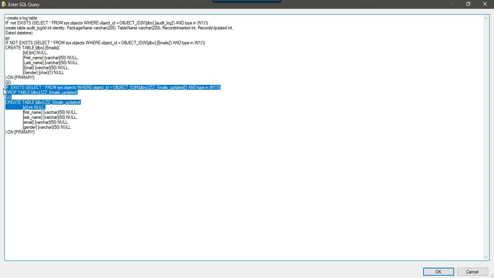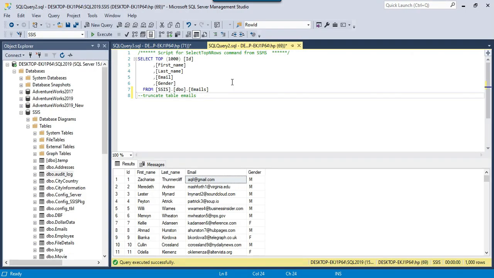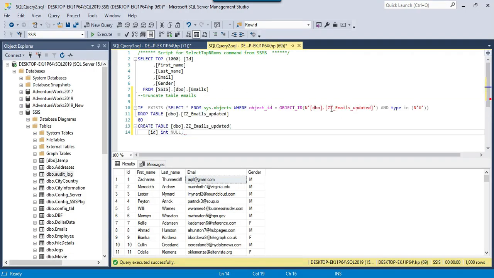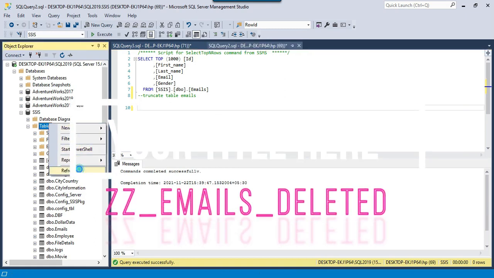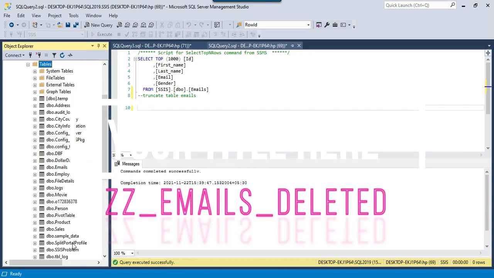So I can create a table on the SQL Server side, and I can call it ZZ emails deleted, and I can copy this one, and that's it. Let me run this code. So the ZZ emails deleted table should be created here.